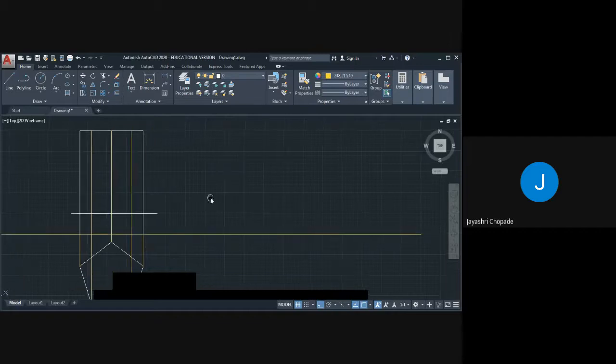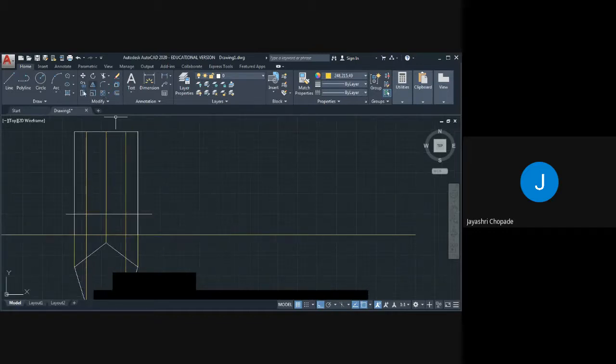Here we have completed front view and top view. Extra line we will trim. So this is the boundary line, enter, and we can trim this. Again go to trim, select line, press enter, then trim this line and again press enter.